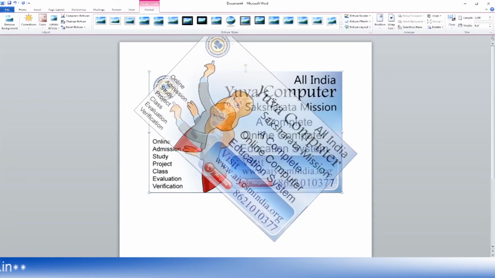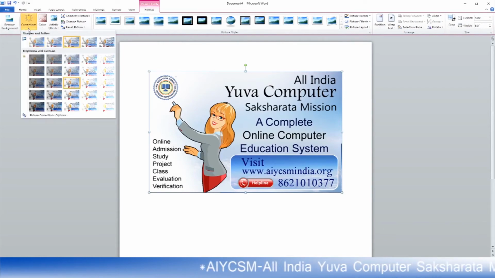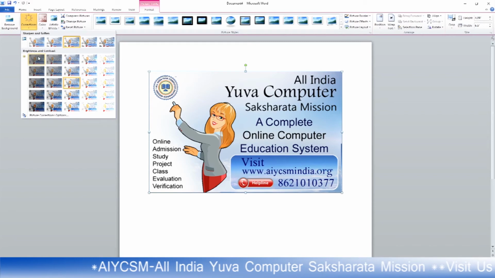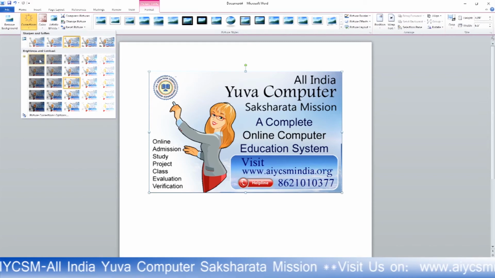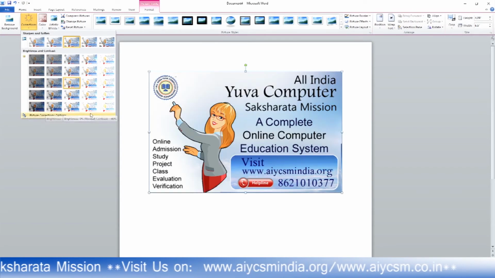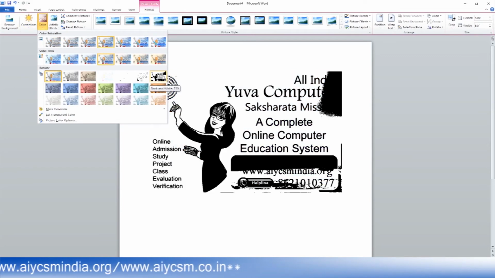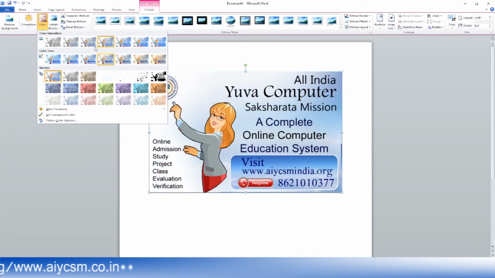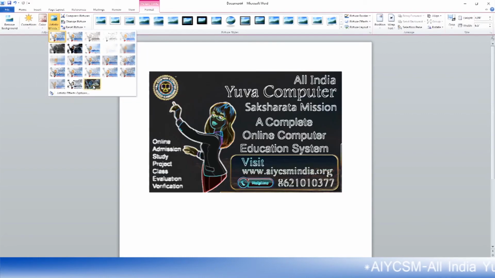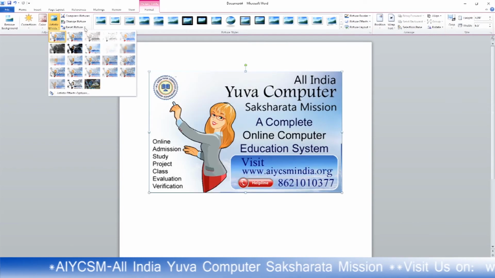Now you will see that you can rotate the image like this, using this button. You can click on this option and select different types of brightness and contrast options. If you click on this one, the brightness will change. You can click any one of them. You can change the color option like that one. If you click on that one, it will become black and white. You can choose any option you want. I don't choose any option. You can also select the effects, this type of effects. You can choose any one of them.